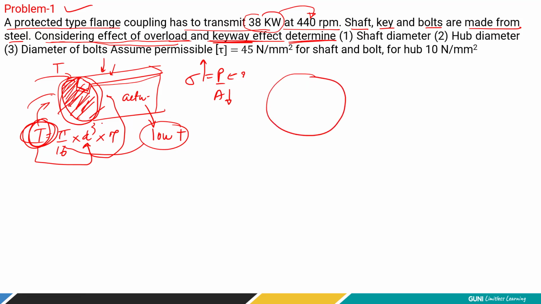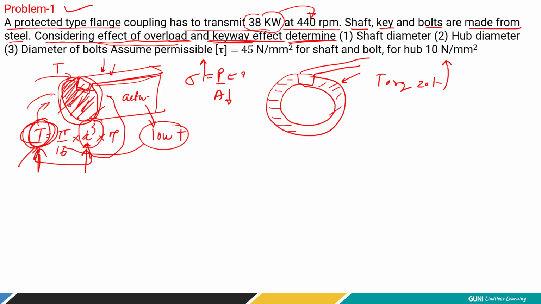Then what we have come up with from these equations, the torque that comes out here, we will have to take it higher, 20% higher. If we take a higher torque, a larger diameter will come out. Why take it higher? Because of the presence of the keyway, right? So we are going to make the shaft diameter larger by taking a larger torque value, that is 20 to 30% higher. Hence, it will take care of the keyway effect. Just look at it: we are increasing the dimensions by taking a higher torque value, right?